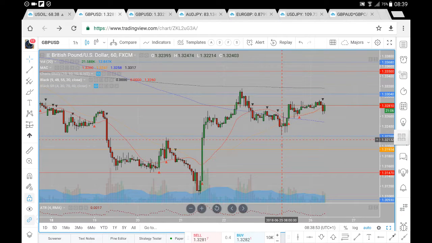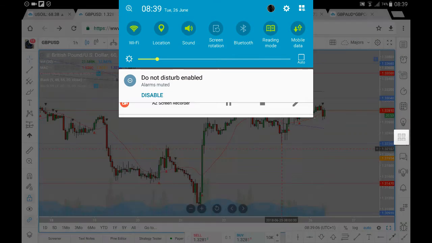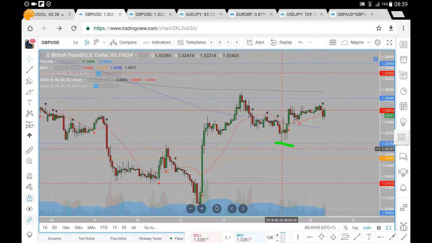So we came within a couple of pips. Let's just see how close we came. We came down within a pip. We came all the way down towards this 32.21, and the actual level is 32.20. So within a pip of that 32.20, I would say pretty much a perfect test, really, from which we have